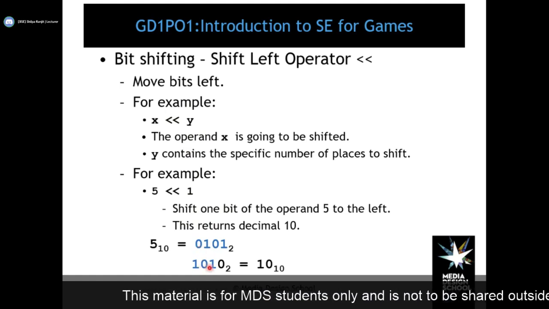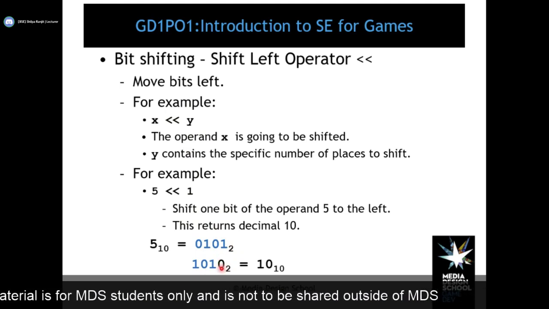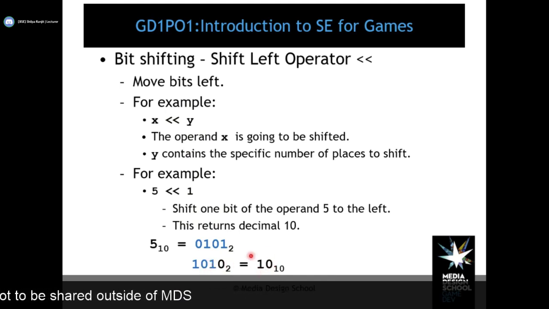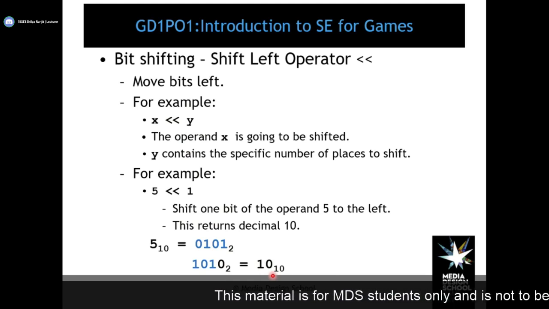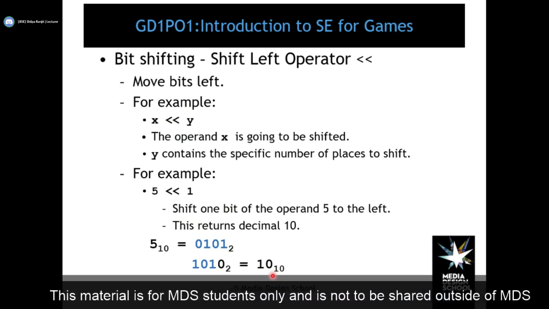So that becomes 101, and the empty space is kept as 0. So you end up with 1010, and that value is 10 in your decimal format. So that is your right shift and left shift. So remember, all these operators work only on your binary forms. Everything works on the binary, but in your left shift, right shift, you're specifically saying